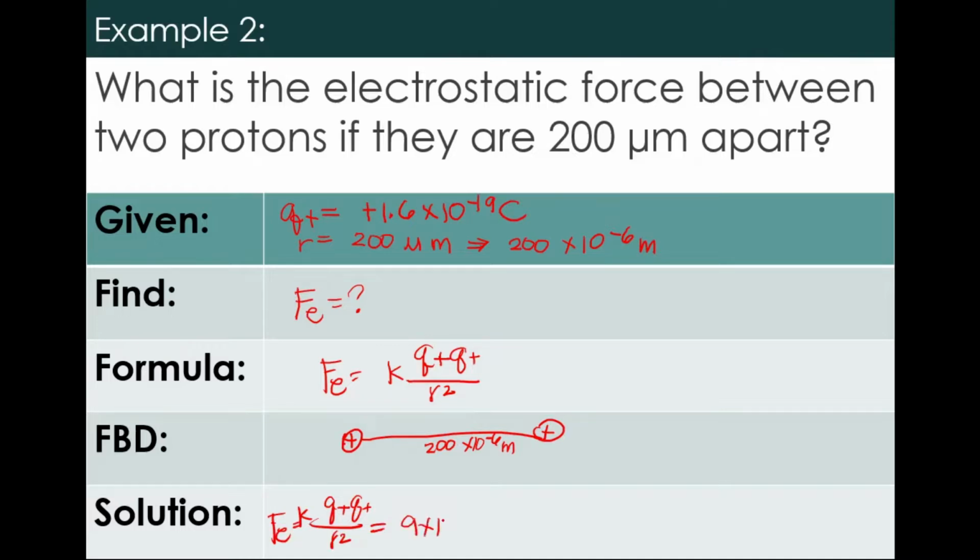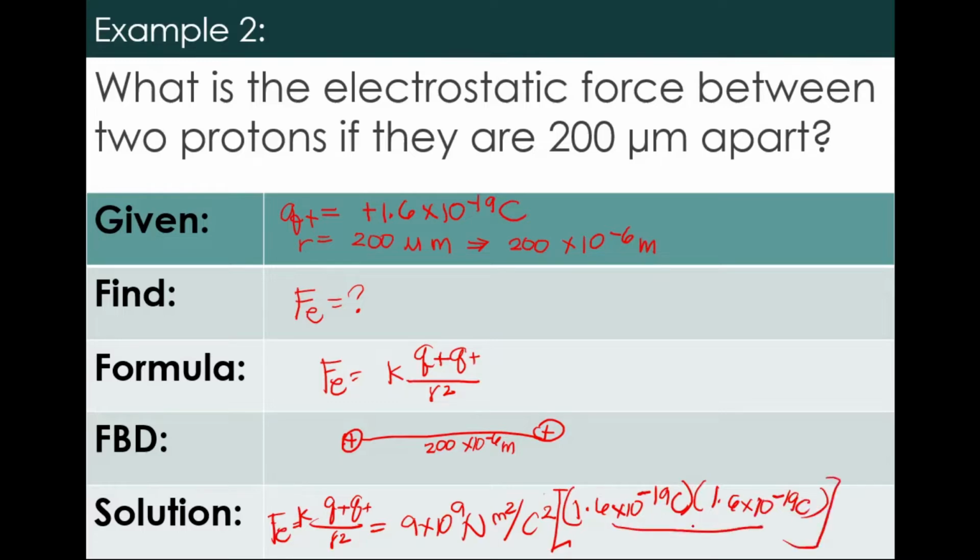That is 9 times 10 to the 9th newton meter squared per coulomb squared times 1.6 times 10 to negative 19 coulomb. You can have it times, or 2 times, and that is